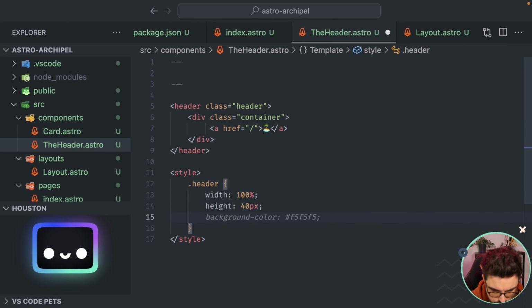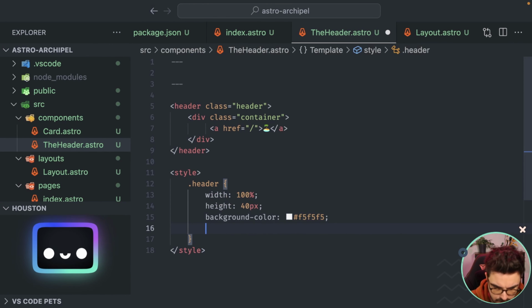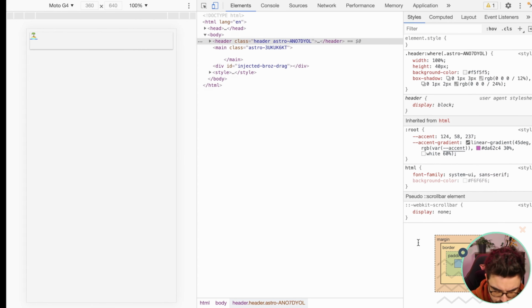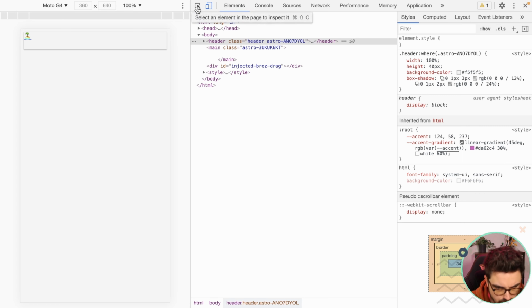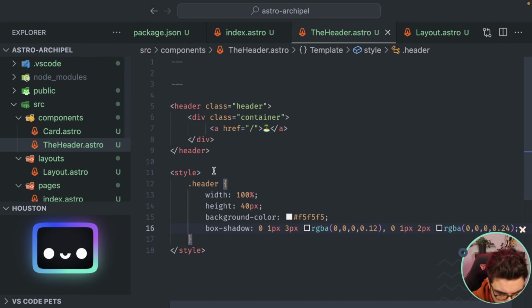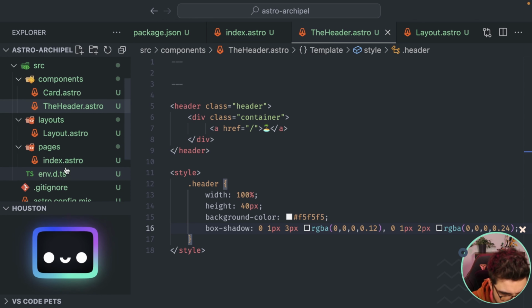We might want to change the background. Okay, and box shadow. Something like that. Okay, I realized that body does have the wrapper, so where we can put the CSS, maybe